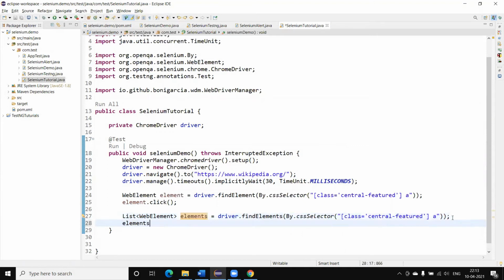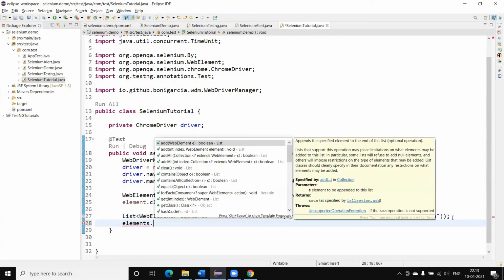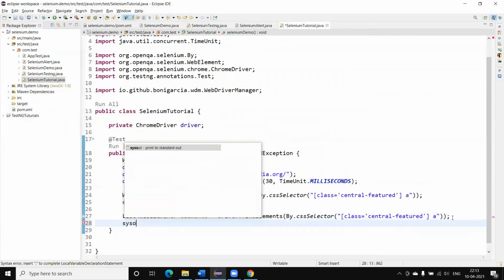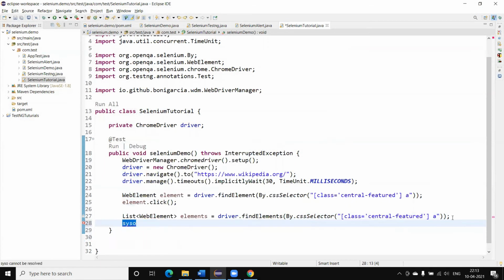If I get the size, with elements.size, what will we get?